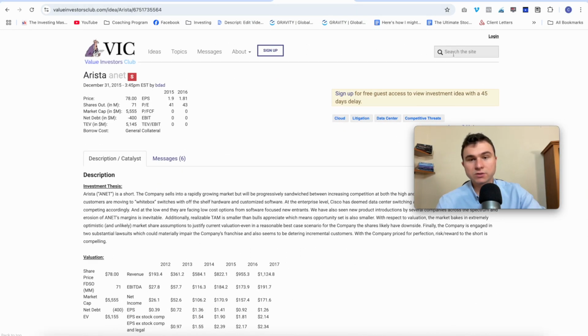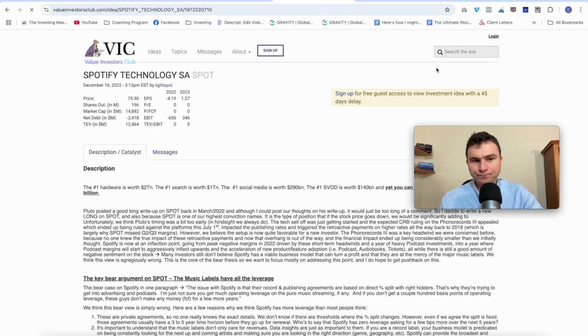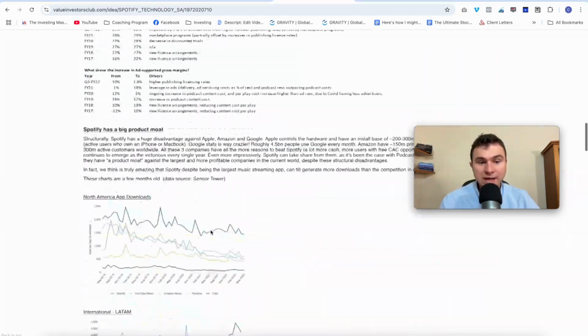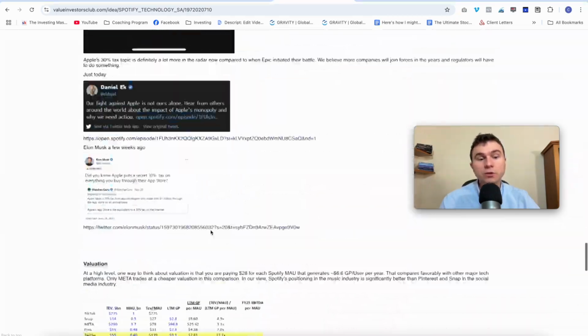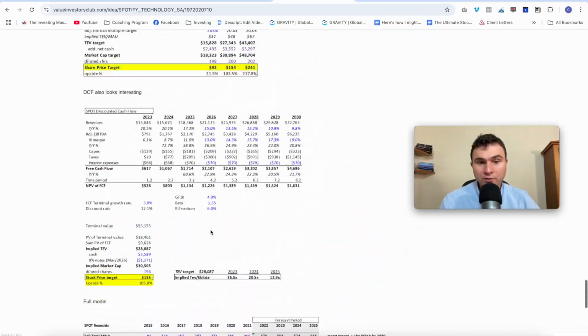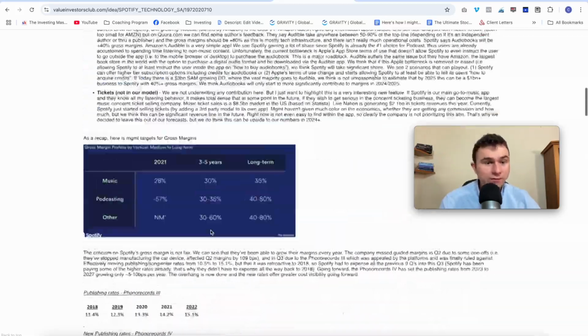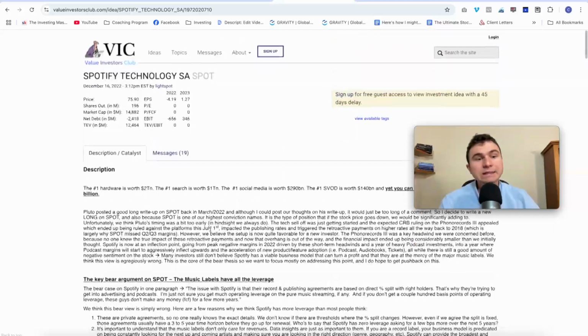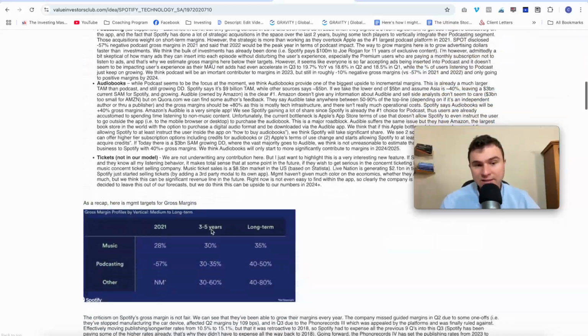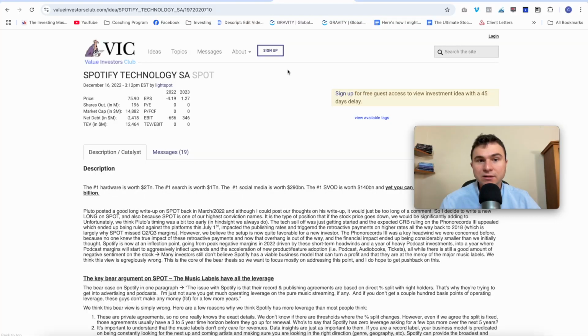And if you want to check another stock like Spotify, here, now somebody is long. So as of December 2022, somebody wrote a nice article, doing the research completely for free for you. You just have to read that. You don't even need to be an expert. Maybe somebody else is an expert and you will have the pitch. And you can do that for many, many companies. Value Investors Club, VIC, is a great website with a lot of great articles completely for free.